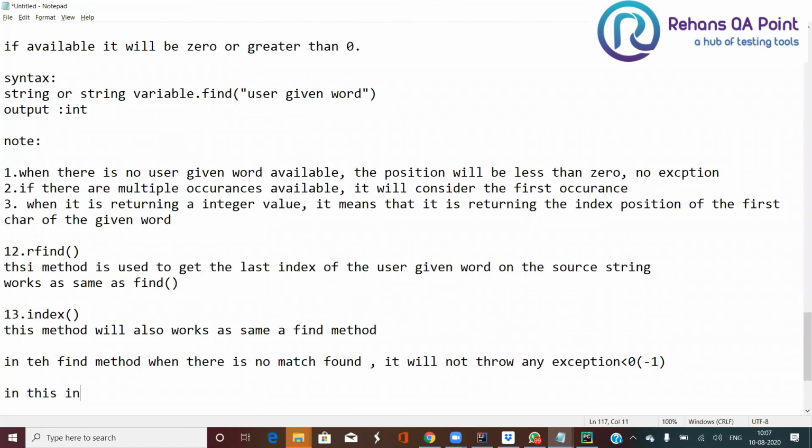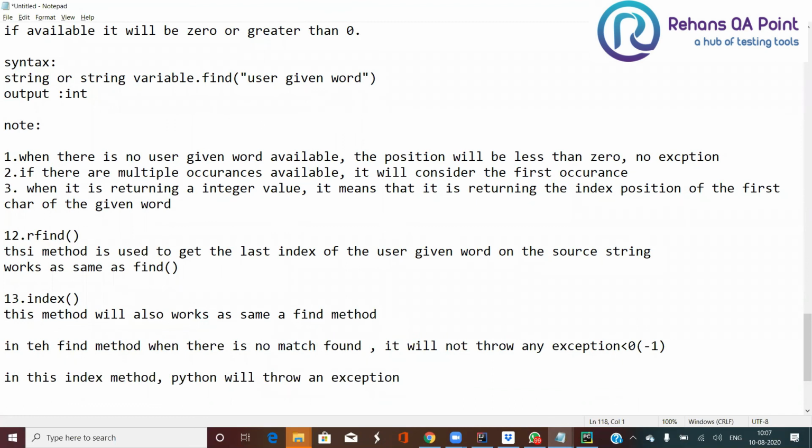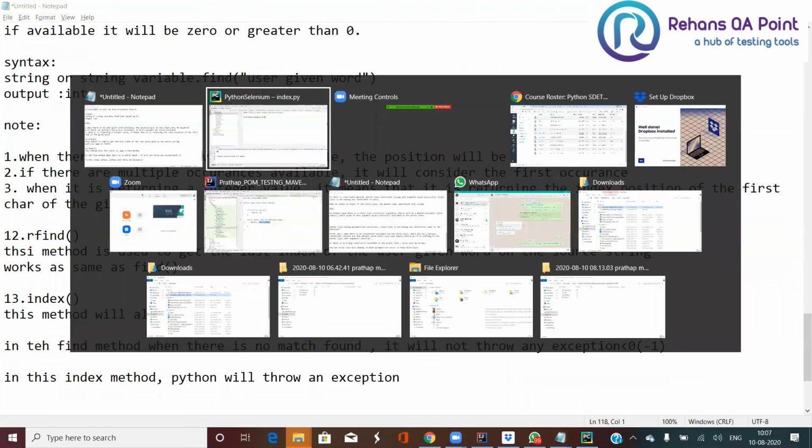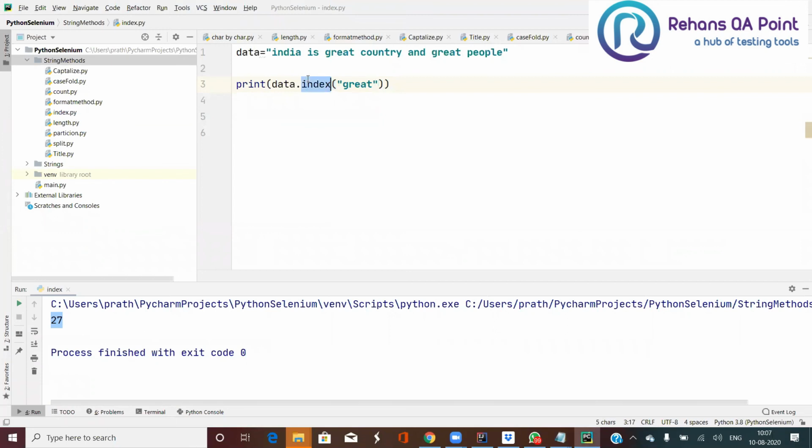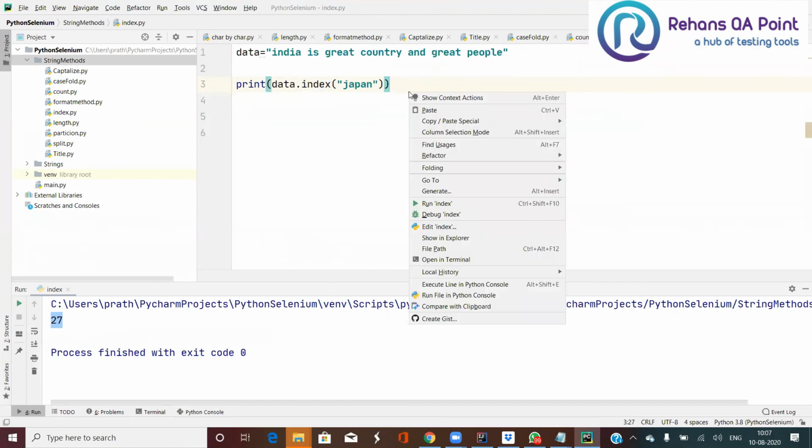In this index method, Python will deliberately throw an exception, guys. I'm trying index with the keyword Japan, where Japan is not available in my string. Now what will happen?